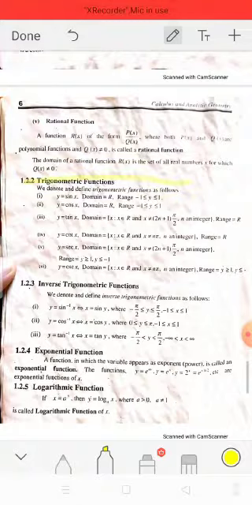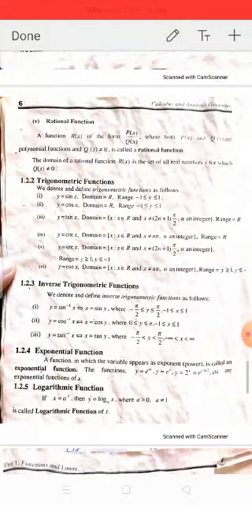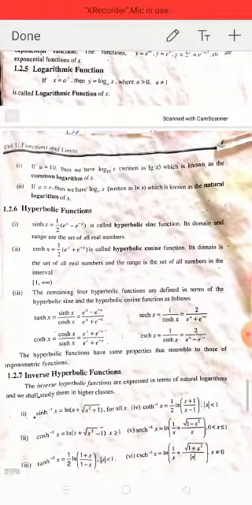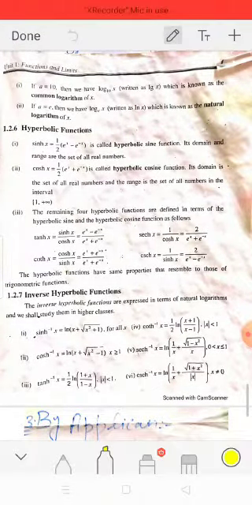trigonometric functions sin x, cos x, tan x, cot x. Inverse trigonometric functions sin x, cos x, tan x, and these are the 3 functions. And hyperbolic functions are also expressed over here, hyperbolic and inverse hyperbolic. You can see the hyperbolic functions and the inverse hyperbolic functions sine, cosecant, cot,